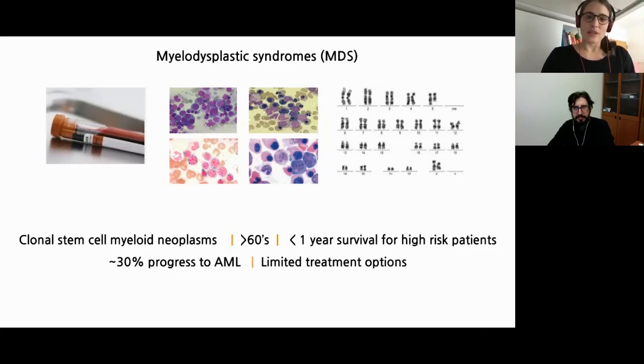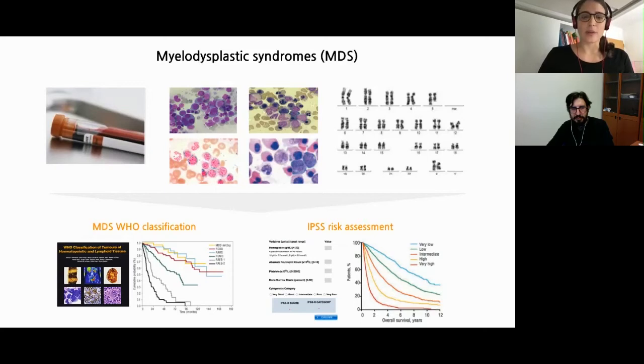There are limited treatments for MDS. The standard of care for higher risk patients are hypomethylating agents, where only half of patients respond, and response is often short lasting. And the only curative treatment is bone marrow transplantation, where clinicians tend to balance the risk of the myeloid disease versus the risk of the transplantation. So in that context, in the clinical workup of MDS,